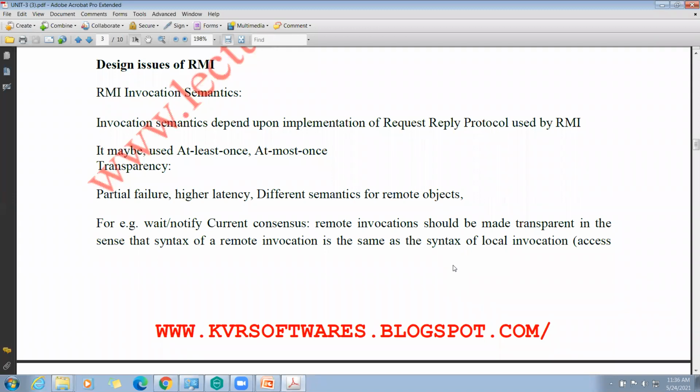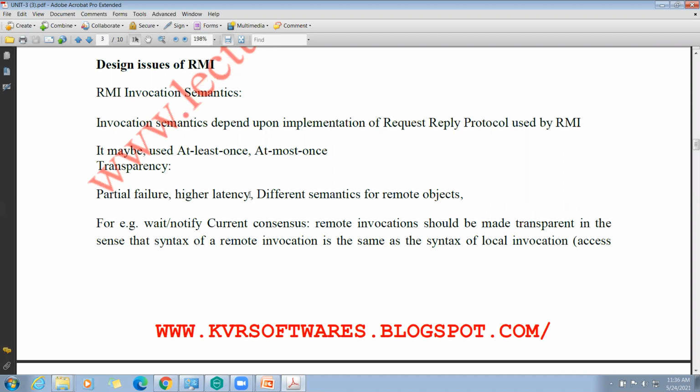Now see, remote method invocation has the following semantics. First, invocation semantics depend upon the implementation of the request and reply protocol used by RMI. Here RMI means remote method invocation, you know about that.